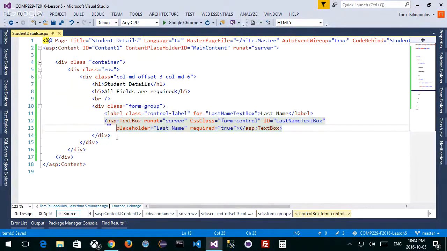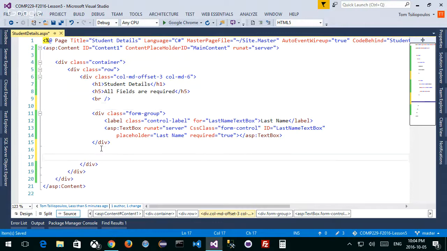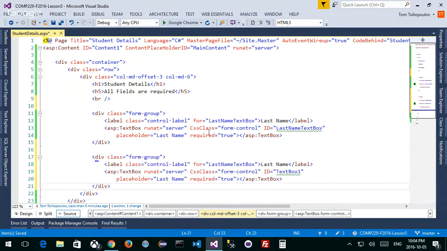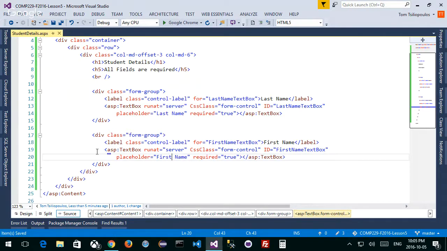Let's try this out. So I want to grab all this and copy it and give kind of a space just from a visual formatting perspective, not because I need to. And it's not going to affect my HTML in any way. Press Control V for paste. Now the last name text box is not going to be the same label. It's not going to say last name. It's going to say first name, and it's going to say first name text box. That's the for. And might as well use this one to change the ID, first name text box. This thing is going to say in my placeholder first name. There we go. So I've got that piece.